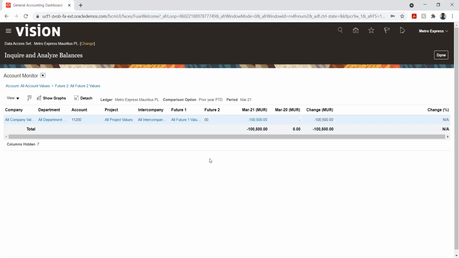Another thing is that here we don't have any kind of drag and drop option in account monitor. But in account inspector, we have a drag and drop option, where based on multiple parameters I can pick and derive those things. And the drill down option, both will have the same. If I want to drill down till my journal entry or my particular segment, I'll be able to do it. I can do it in the account inspector using the drag and drop option.